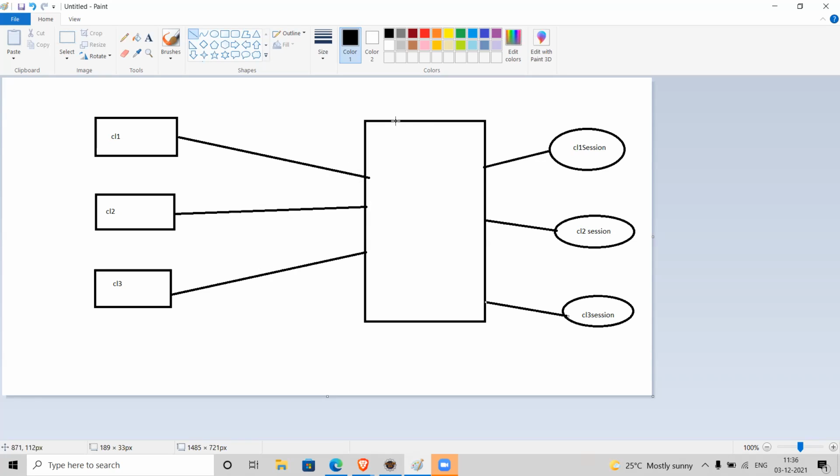Are we exposing this data anywhere? No, nowhere. Are we transmitting this data from client to server and server to client? No. We are storing this information in session.